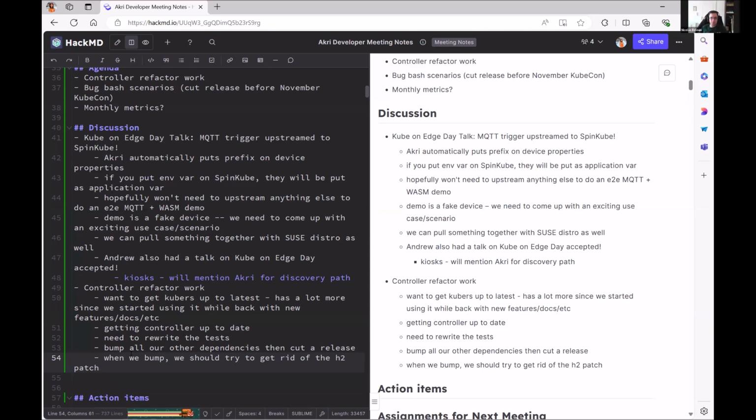Well, the H2 team has, well, there's a PR open with the solution. They apparently don't want to merge it. I don't really know why. Basically the Kubernetes Go client was sending some header that is not supposed to be there in the HTTP2 protocol.